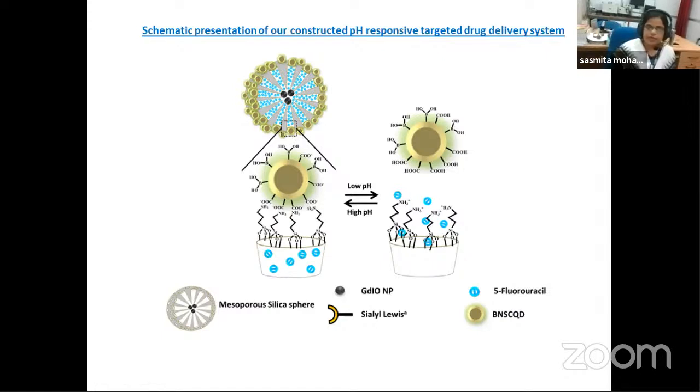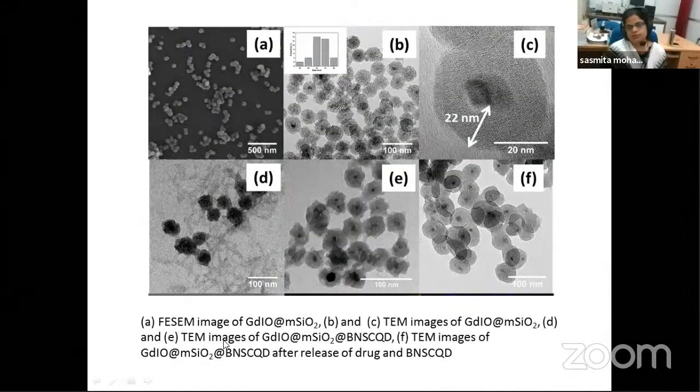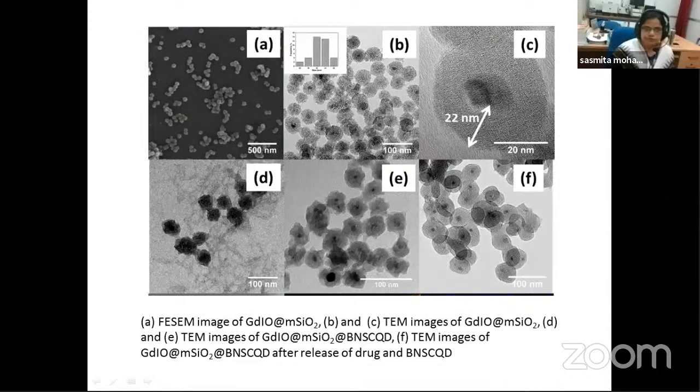But if you can put a cap on this mesoporous silica, the diffusion of drug molecules can be finely controlled. Suppose you can remove this cap under certain stimuli, and the cap is closed in the normal atmosphere, then what will happen? It will safeguard the drugs. When there is a stimulus, then the drug will be released. So utilizing that, we have developed a stimuli responsive drug delivery system.